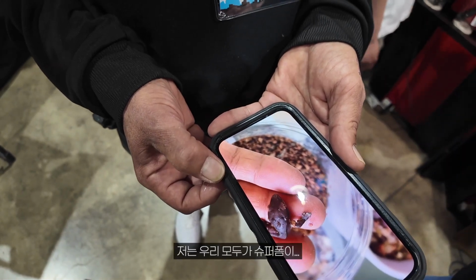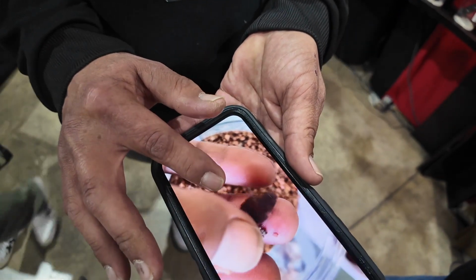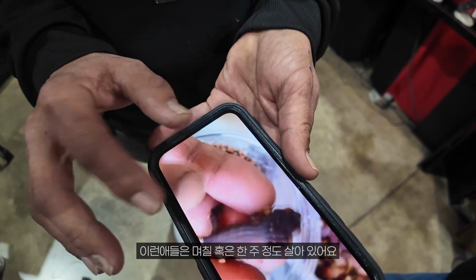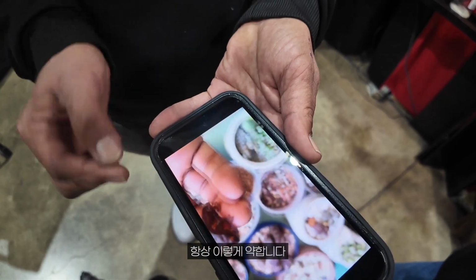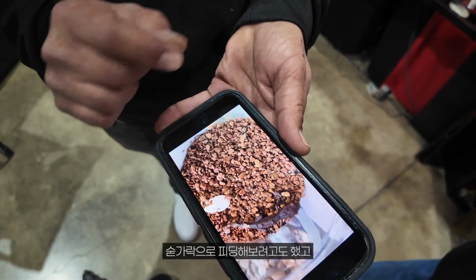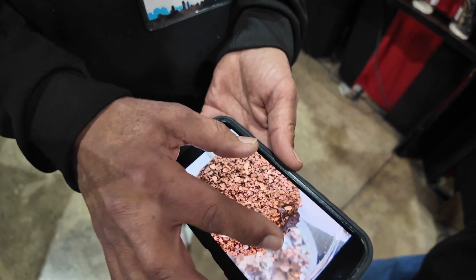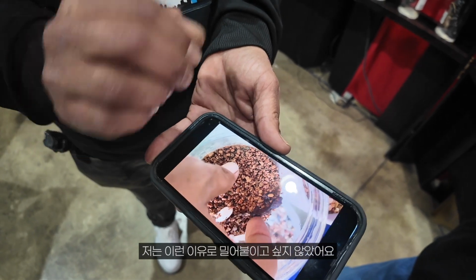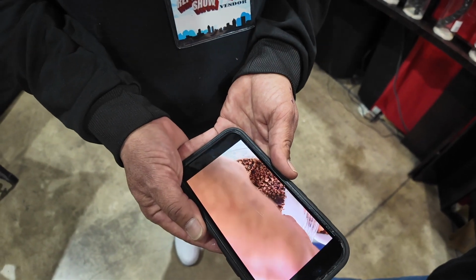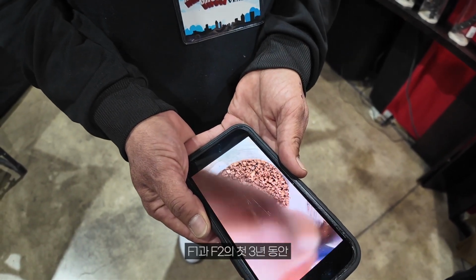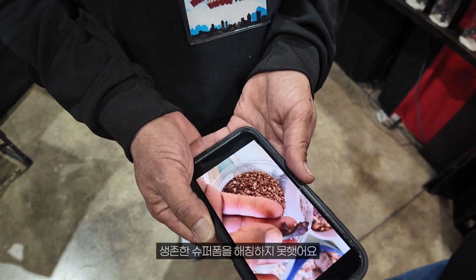I think that hopefully we've all learned that super forms, look how weak it is. You see? These guys generally just survive a couple of days, maybe a week. They're not able to shed their first skin, and they're always this weak. Believe me, I tried to spoon feed it, and I haven't been able to. I don't like pushing things that are so weak because there's a trade-off with it. So in the initial 3 years for F1s and F2s, I could not produce viable super forms,